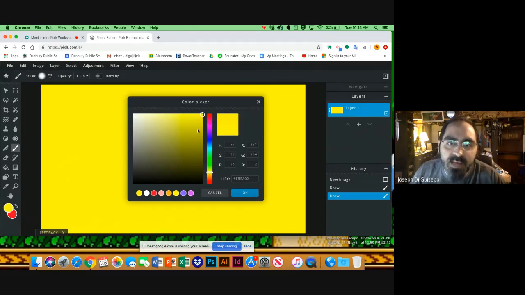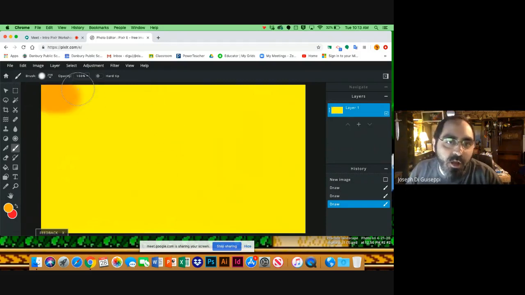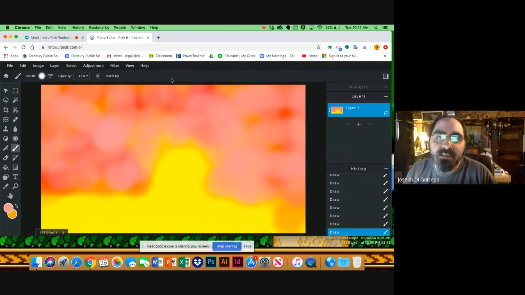So if the color picker is up here in the right corner, you can just slide it down and it'll automatically find the next color in that range. Like, let's say I want to then fade yellow to orange. Hit OK. But recognize that if you start brushing, and I'll do it in the corner, if you start brushing at 100%, it's not that soft. If you have a light opacity and you're tapping and pushing a little bits of color, you can get that